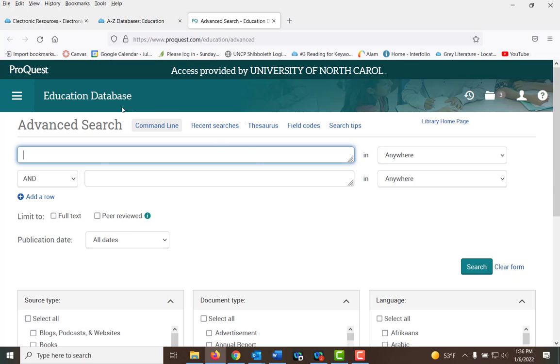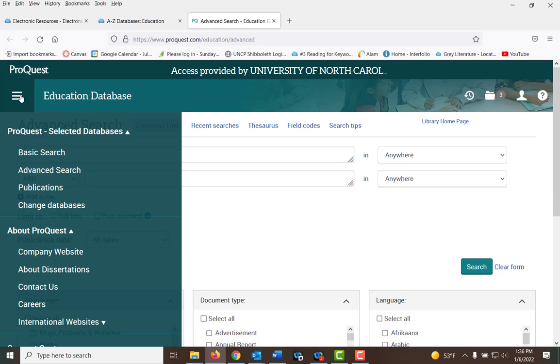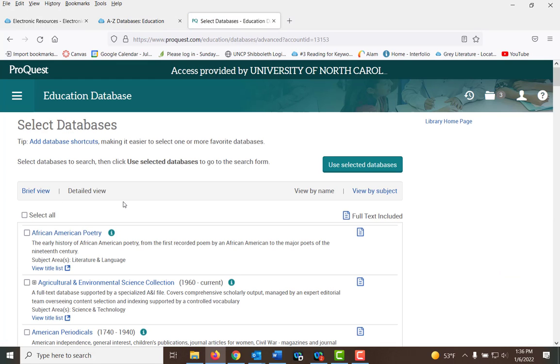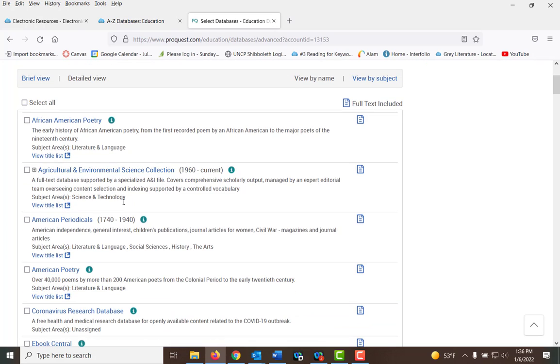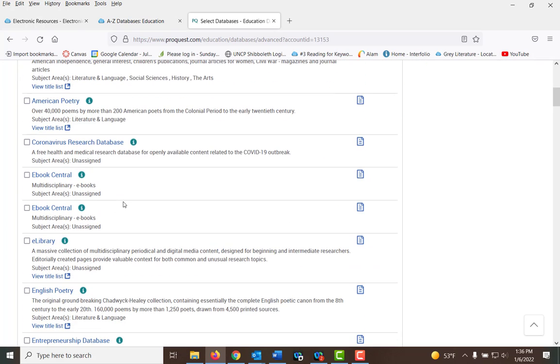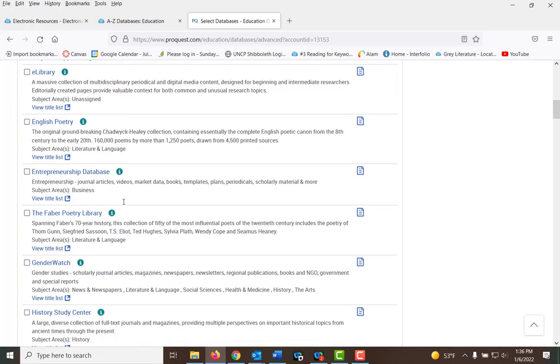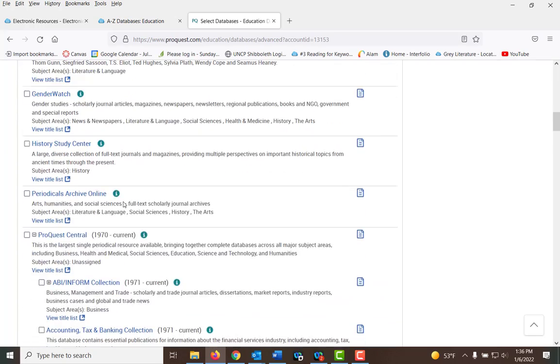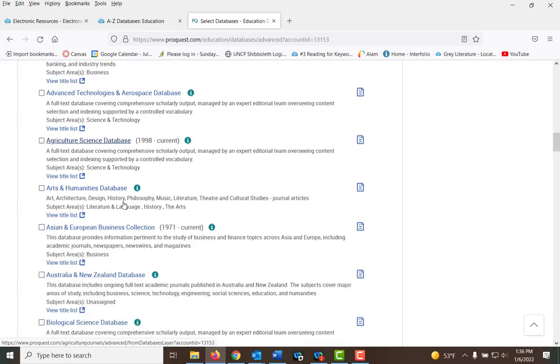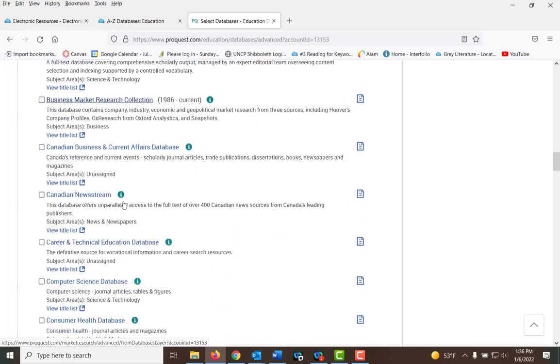Now, in ProQuest, when you have a database and we get multiple databases from this family, usually there is a link up here to add additional databases. Right now for here, I have to click the little arrows and then click Change Databases. And I can add other databases. Again, this will depend upon your topic, what you're doing. And you see there is a long list of databases here, and you can select that.